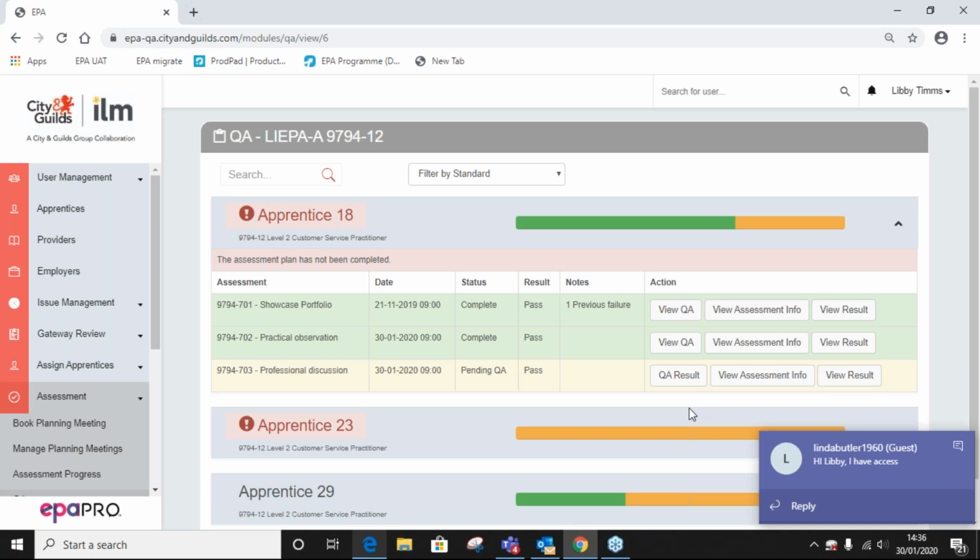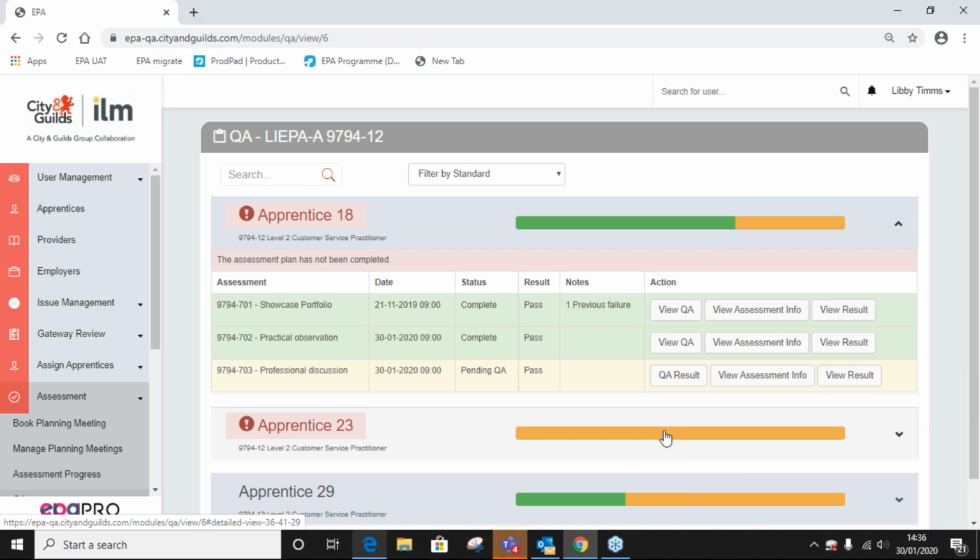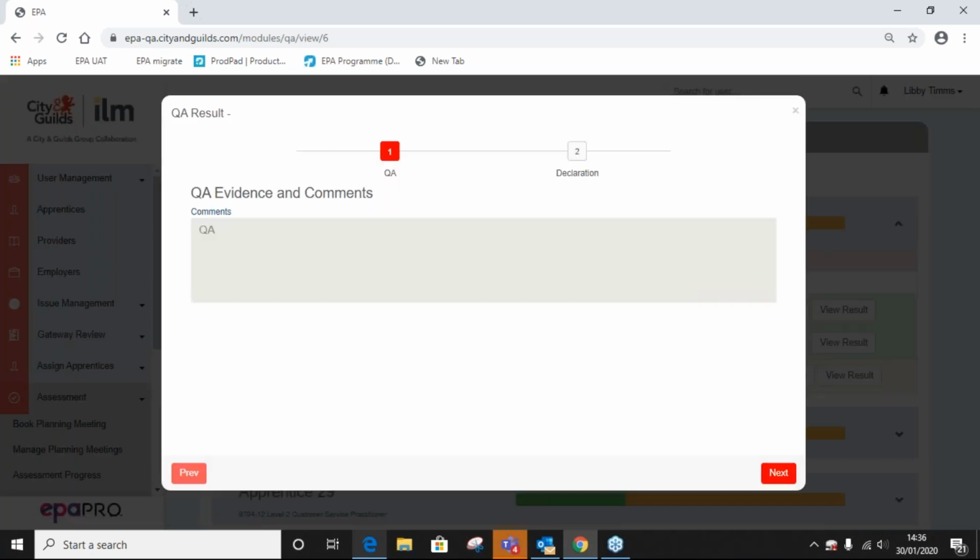Okay, the next question. So Louise, I think Louise has picked up on the feedback. So can we look at that feedback field, Libby, is that possible? Yeah, so where that would be uploaded from the IEPA. Yeah, so where the IEPA is quality assuring the results, there is a feedback field where they have to put in quality assurance. Yep, that's fine. Okay, and can you just show people that field again to remind them? Yeah. How we get to it?